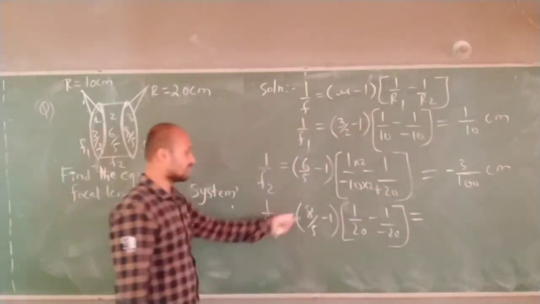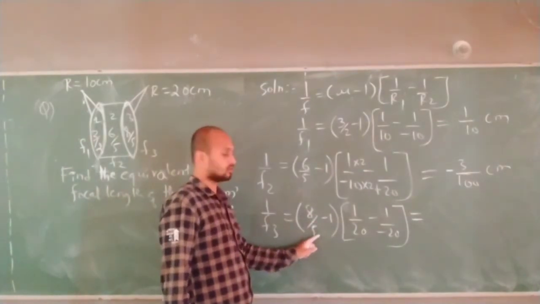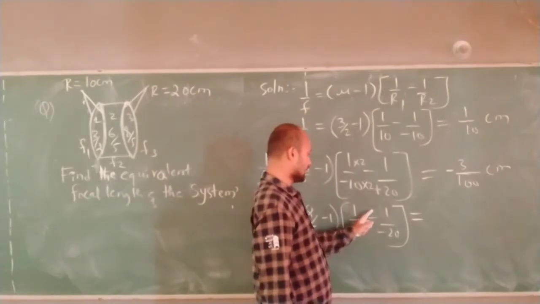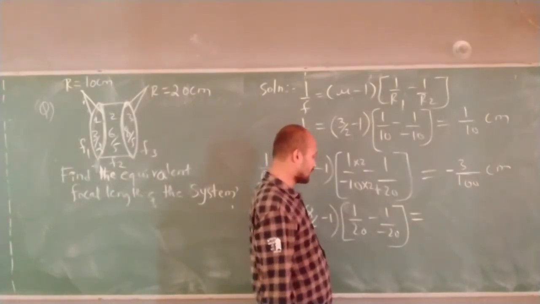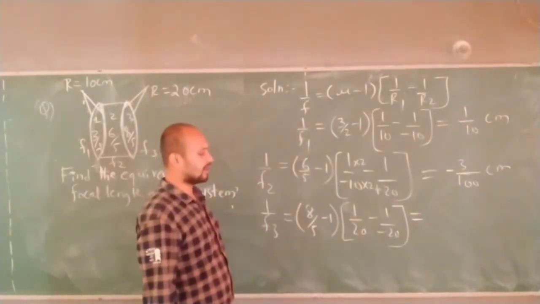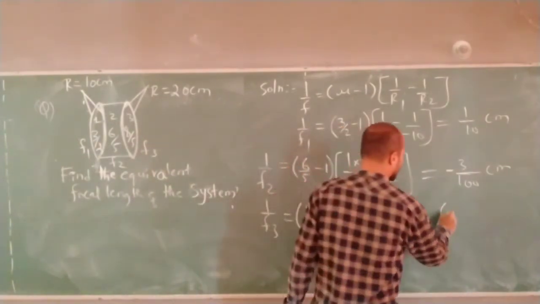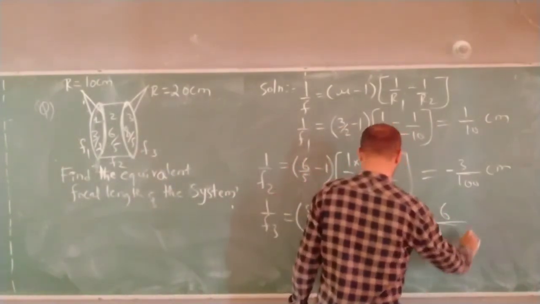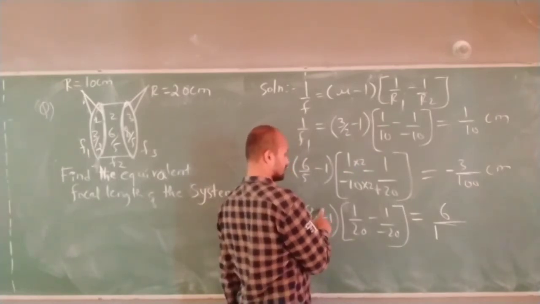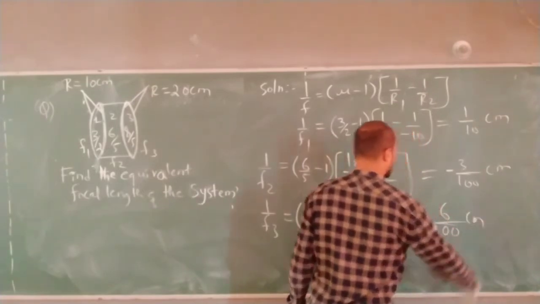Calculate 1 by f3 value for this. So 8 by 5, this will become 3 by 5. Here 3 by 5 into 2 by 20. 3 by 5 into 3 by 5 into 2 by 20. So this will become 5 2s are 100, 3 2s are 6. 6 by 100. What is it?